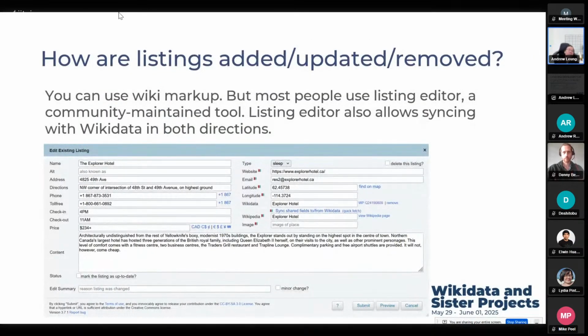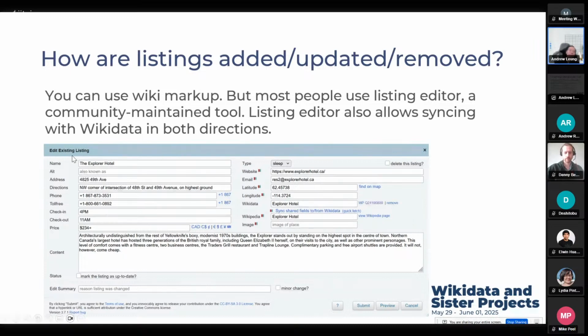So how do we update these listings to add a new listing, update one, or even remove it? There's always the wiki markup way, but a lot of times most people, including myself, would use what's called a listing editor. It's a community-built and community-maintained tool that looks like what you see over here.